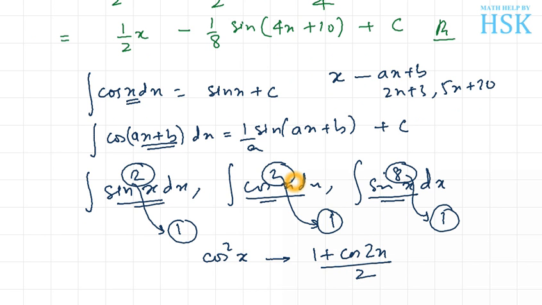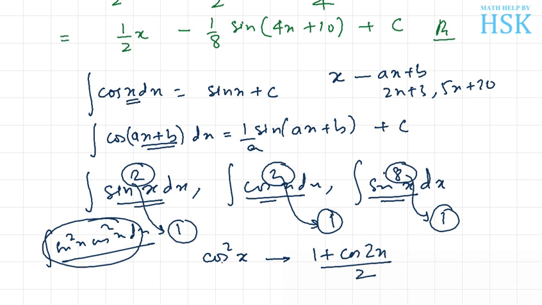So for the integration of functions in which the trigonometrical functions, or the product of sine and cos, are raised to even power, for example sine square x, cos square x, we have to reduce the power of these terms so that the combined power is reduced to 1, so that we can integrate them. And if in any case there is a possibility of substitution, then we can apply the substitution method also.